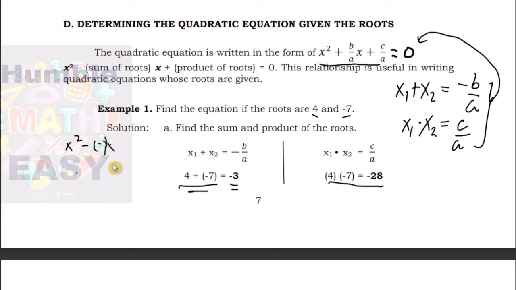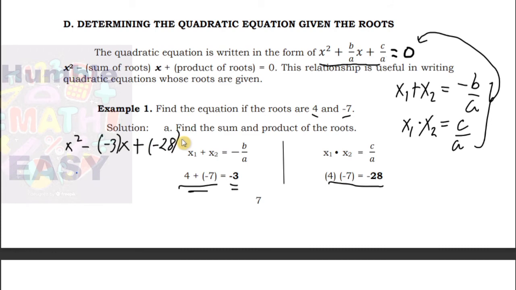Sorry, I have to erase this one that we have because it is not clear to us here. So going back, again, x squared minus the sum of the roots using this formula here. So we have negative 3 times x plus the product of the roots, which is negative 28,